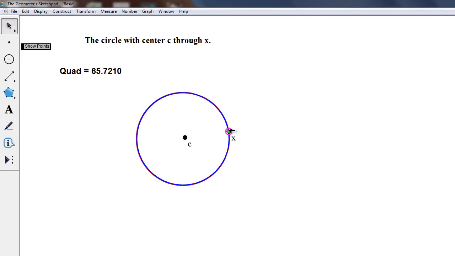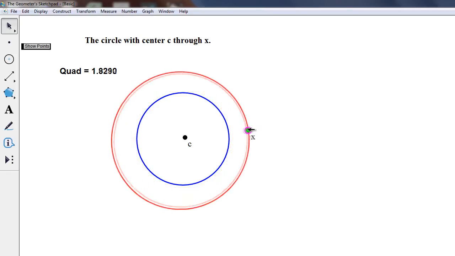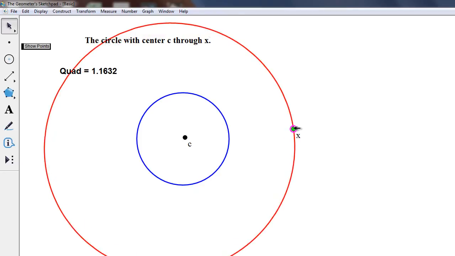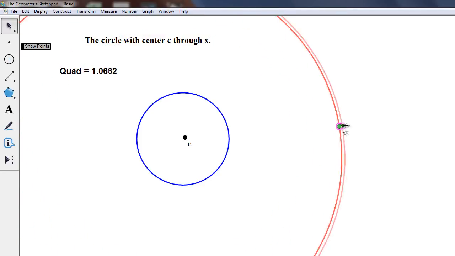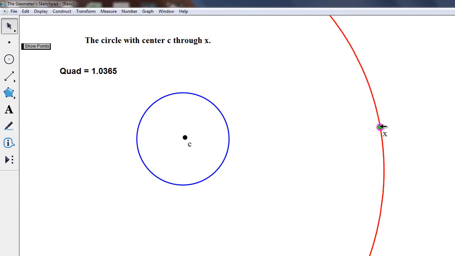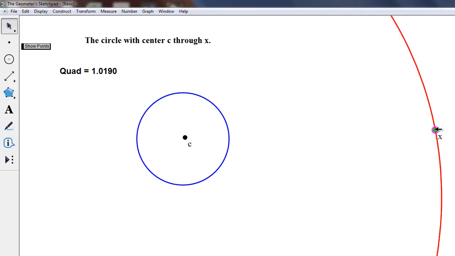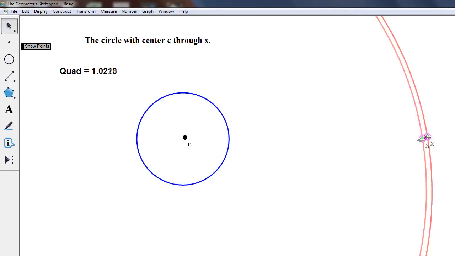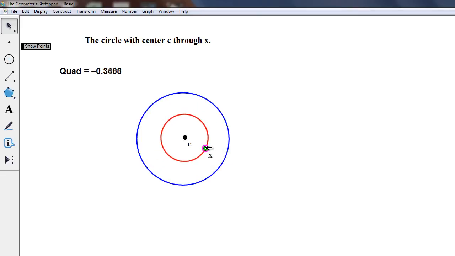And then as it crosses, it's actually undefined on the null circle, but as it crosses, we get a big positive value, which then decreases: 5, 4, 3, 2, 1, 1.3, 1.2, 1.1, 1.0, and as we keep on going, the quadrance approaches 1 slowly, and only changes value to 1 once X gets to the line at infinity.